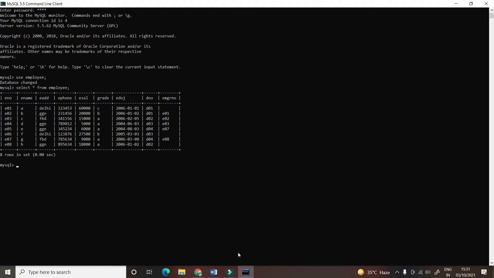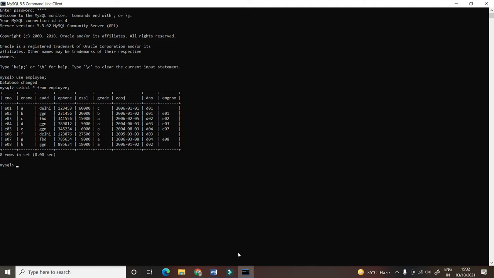So in this video we will be doing some aggregate functions which are in SQL. There are 5 types of aggregate functions: average function, count function, max function, min function and sum function. We will be discussing each and every one. Starting with the average function, basically this function computes the average of given data, meaning if we want to calculate the average of any database.